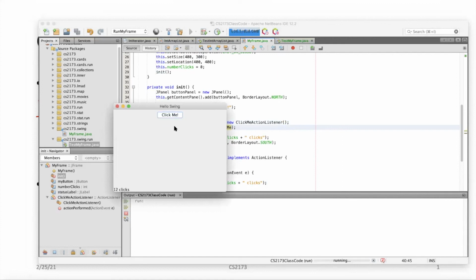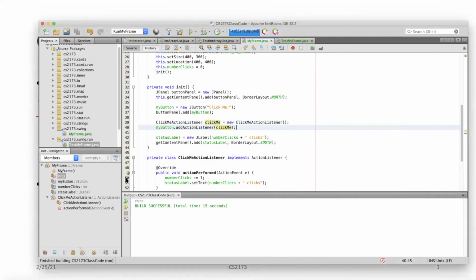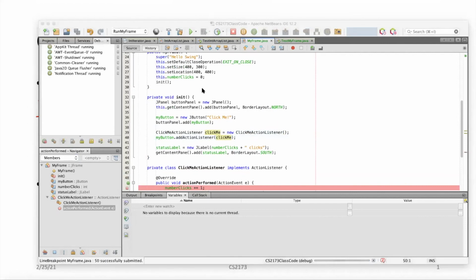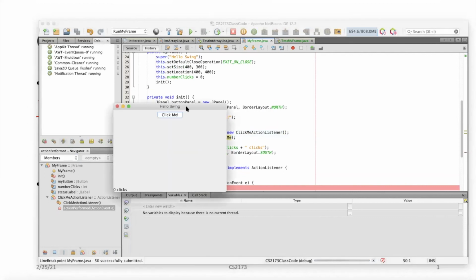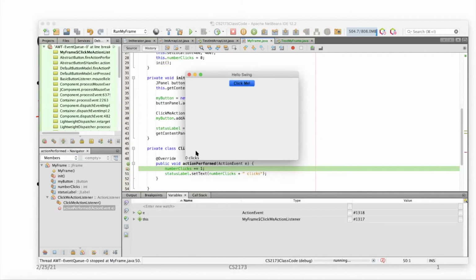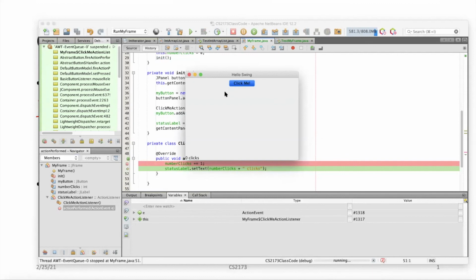And now when I click the button, we see down here that every time I click it, it updates this. And in fact, we can test that by running it in the debugger. So we see this comes up, and so when I click it, it will come down here and execute that. And then if I just step through, that's okay. Again, it hasn't done anything yet, although it has updated the number of clicks. And then when I do it again,